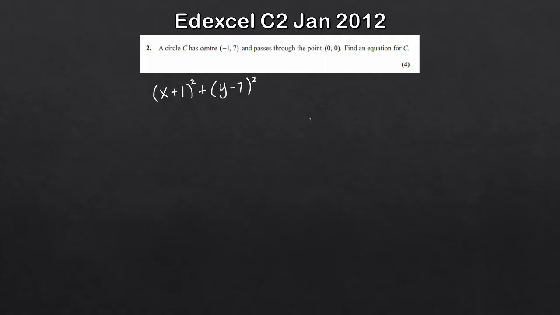So all I need to do is work out the distance between the centre, minus 1, 7, and the point 0, 0, because that would give us the radius. Essentially we've got a point on the circumference, we've got the centre, so if we work out the length there, we've got the radius, and all we've got to do then is square it. So the distance then,